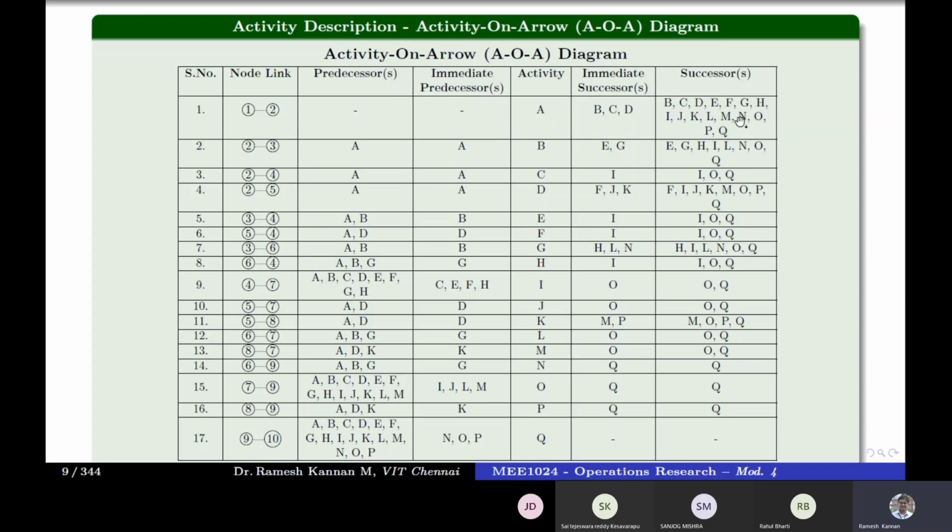Redundancy, in the sense, as I told early: supposing you go to Chettinad Hospital, and if they ask you where you come from, you just say I'm from VIT. You don't say your hometown. You don't say I'm from my hometown, then I reached this place in Chennai, then I reached VIT, then I'm reaching your hospital. Nobody's going to say that, because that is already understood. So VIT is not your home because that's your college where you're studying. But if they ask where your home is, then you can specifically give your hometown name. Whereas for the other question, like where you come from, they generally talk about the immediate thing.